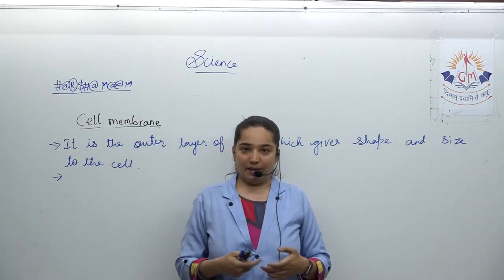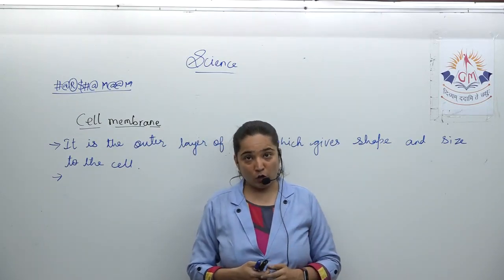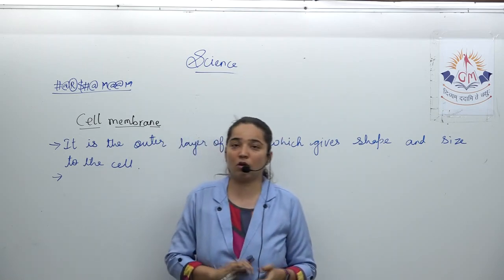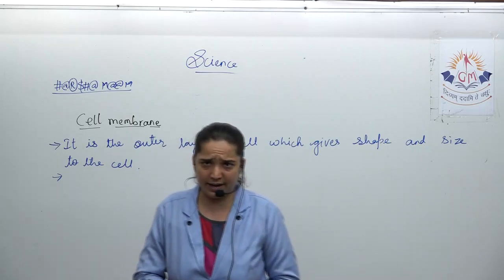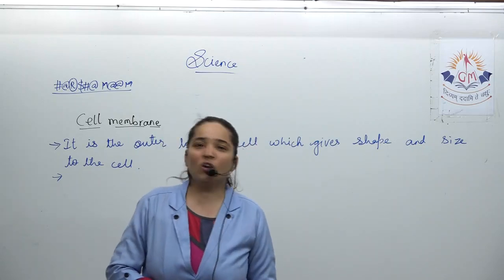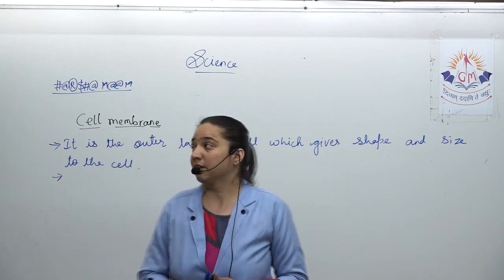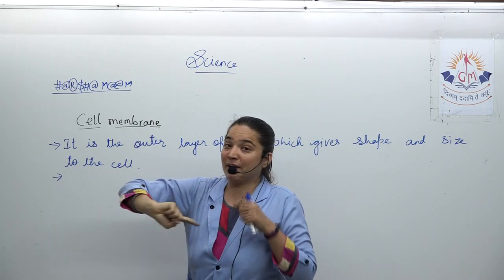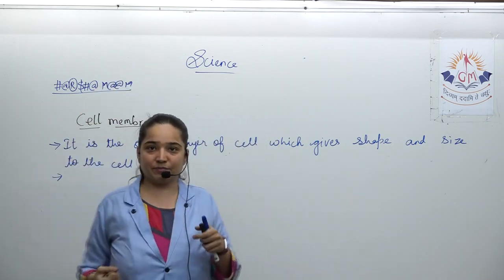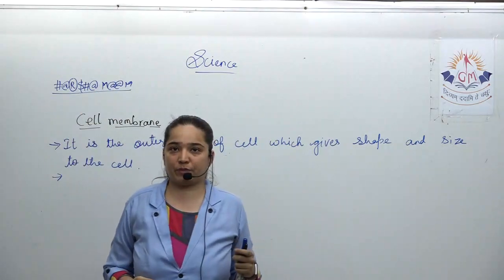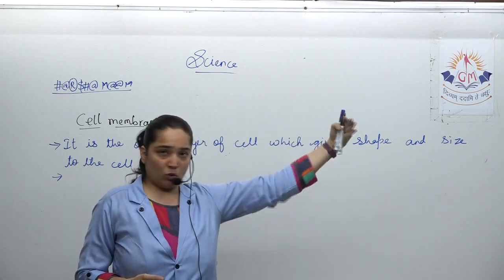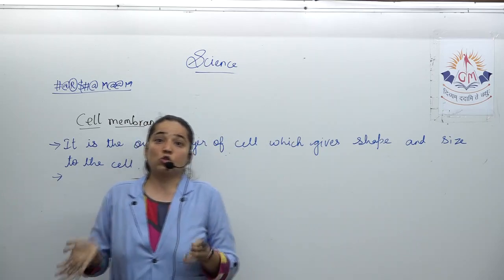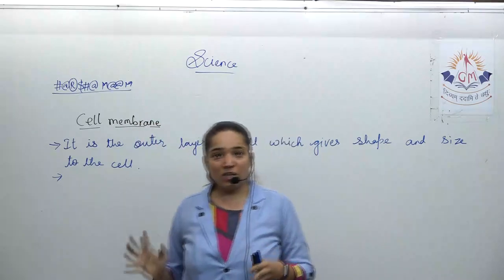But if any thief is coming at your home, will you tell them, yes, please come and take away all the gold or whatever cash is present? Will you tell them like that? No. You are not going to tell them like that. The similar thing is the work of cell membrane. Cell membrane is like the outer layer. It is like the door. From the door, only those are allowed to enter who are beneficial to us. So, cell is also like that.